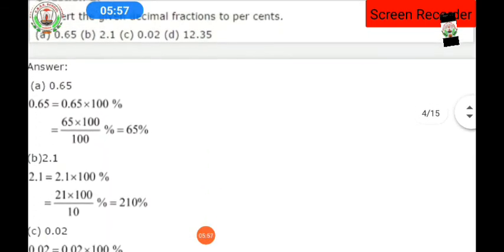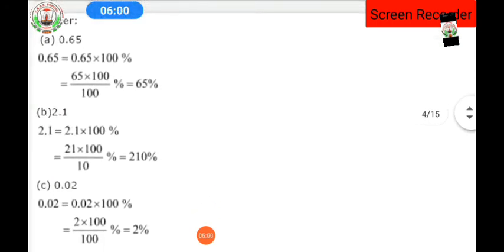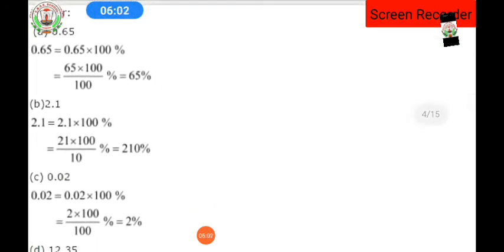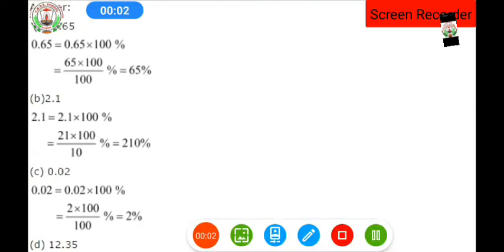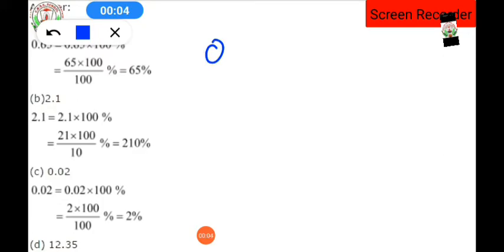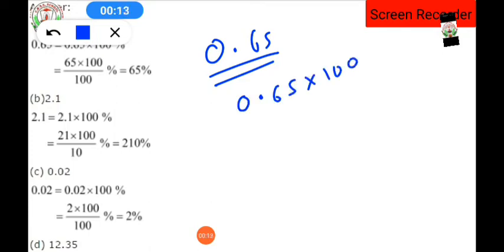The second method is being used over here. You can see the second method or the first method. If you are going to directly multiply 0.65 with, so here we are going to see how to do. As we are having the number 0.65, we have to convert this number into the percent. So 0.65 will be directly multiplied with 100%. You will get the required answer as 65%. One more way to do it, 0.65 into 100, you will get 65%.